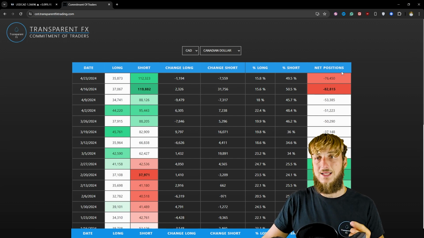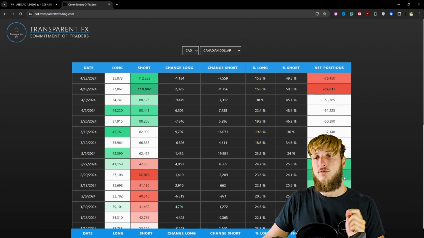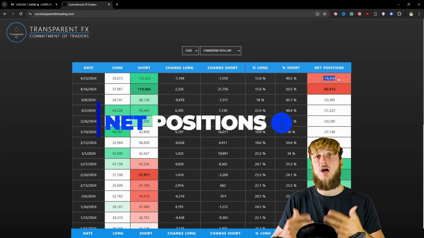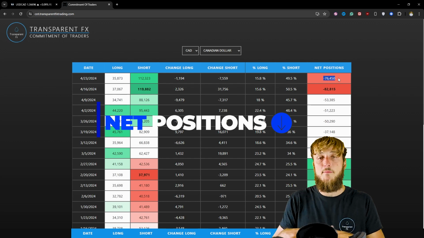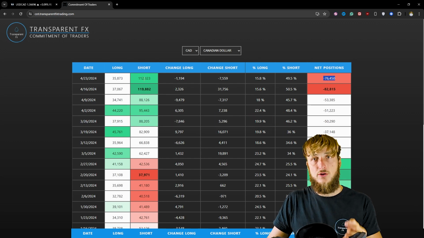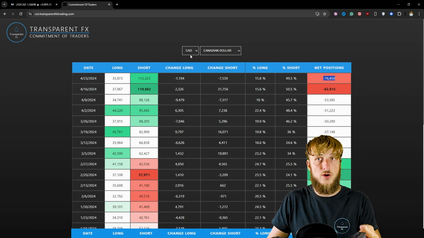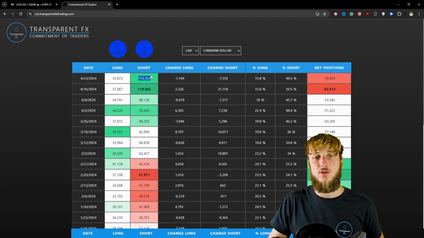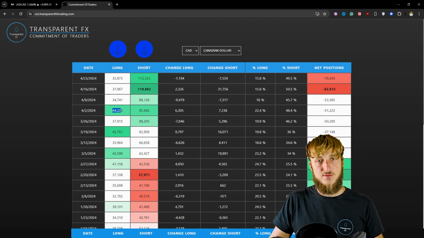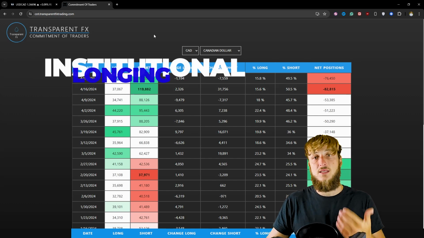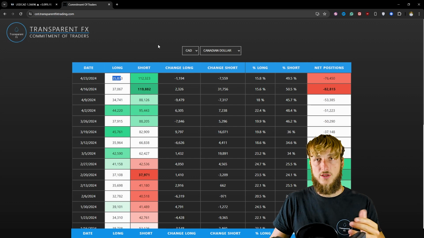And if we read here that net positions have declined from minus 800 to minus 76K, it means that institutions essentially are longing USD CAD by shorting the CAD. In fact, if we look here, institutions have increased their shorts on the CAD, therefore their longs on USDCAD, from 37K all the way up to 112K, and decreased their longs from 44K to 35K. So clearly institutions have been longing USDCAD, and this increases the probabilities of a potential push higher away from that